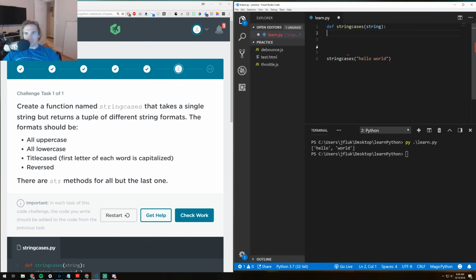All right. Let's see. Create a function named string cases. Okay. Takes a single string, returns a tuple of different string formats. The format should be... Why do I want to use enumerate? I don't know. Because it seems like that's what he did before, but